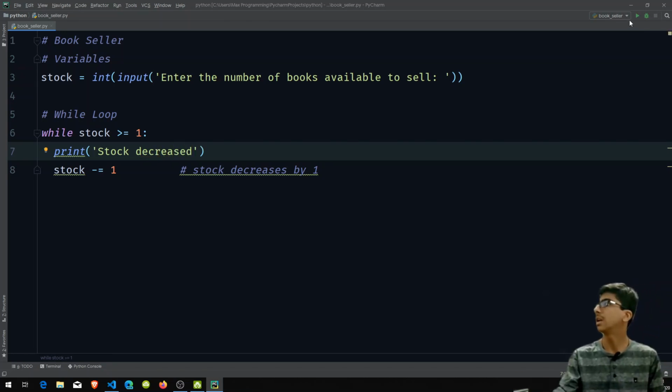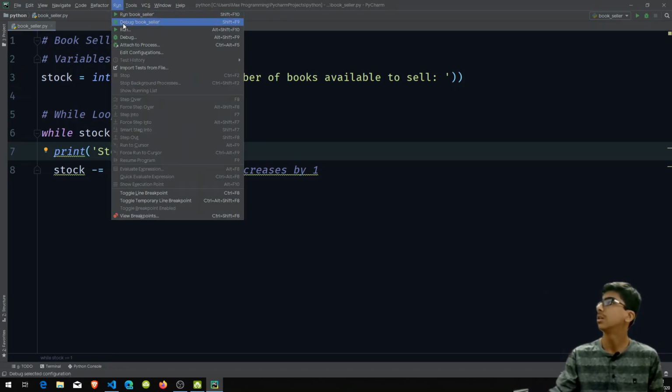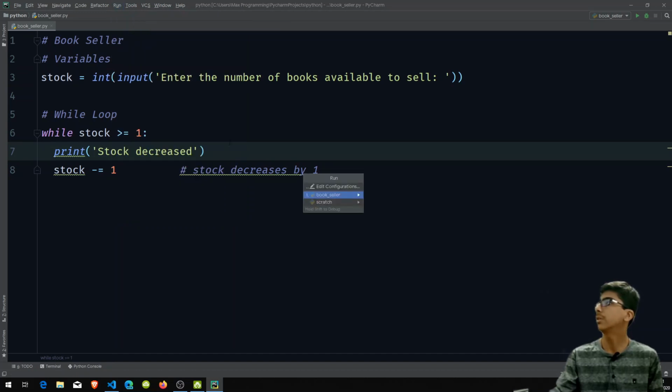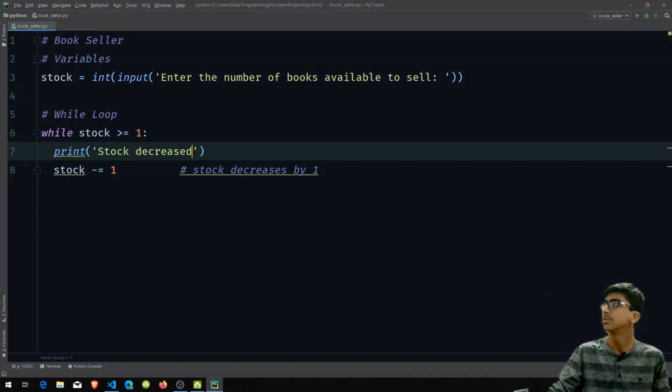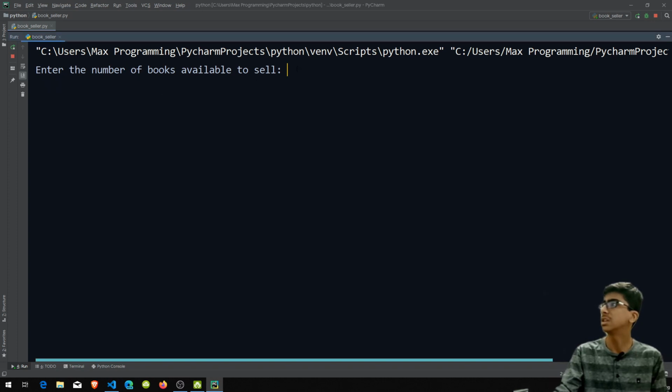Okay, and now let's run this. Let's go to Run, and just select bookseller, because previously we ran the scratch file, so it would run the scratch file again. So just select bookseller, and you can see "enter the number of books available to sell." Simply, we are going to enter